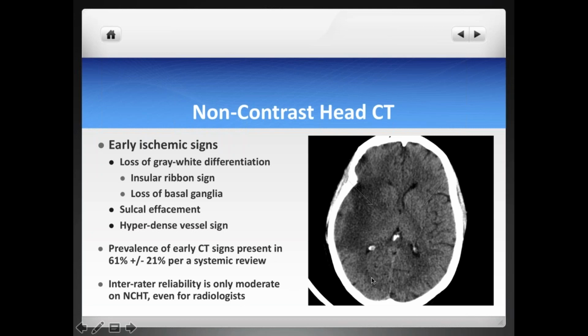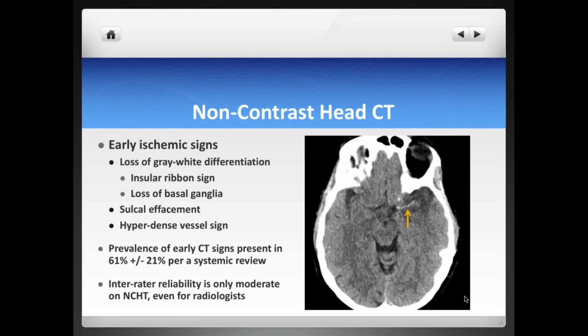And of course, a lot of variability when we look at non-contrast head CTs. Not surprised, radiologists tend to be very subjective when we read studies, and it's inevitable that we're going to be different sometimes when we read these non-contrast head CTs. In this case, we have the classic MCA sign, which means that there's a dense MCA already with an area of hypoattenuation here, or loss of gray-white matter. Very, very likely this patient is going to have a thrombus here, and it's going to be an M1 thrombus